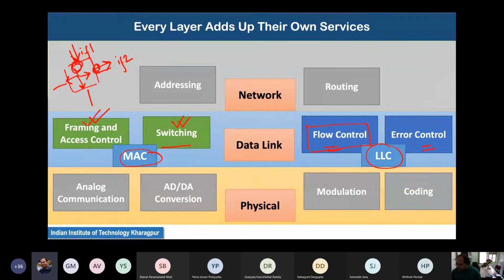So that means you have multiple different routers, and individual routers are transferring the data, and you are only ensuring the flow control from one router to the next router, say from R1 to R2.